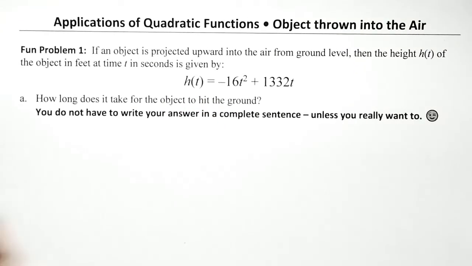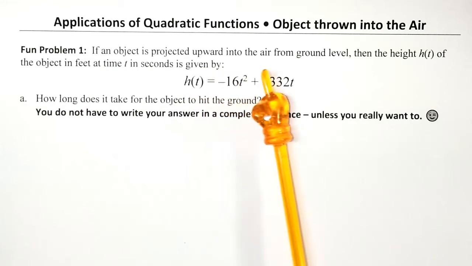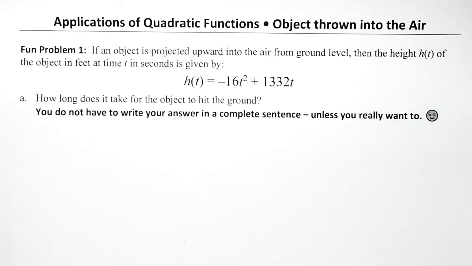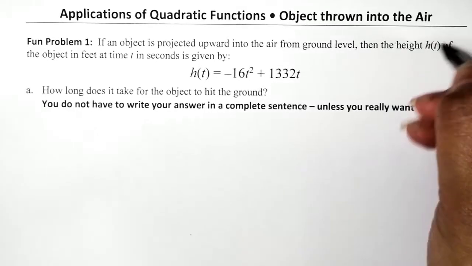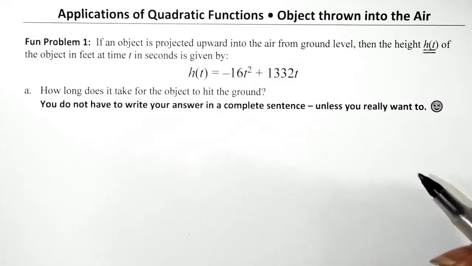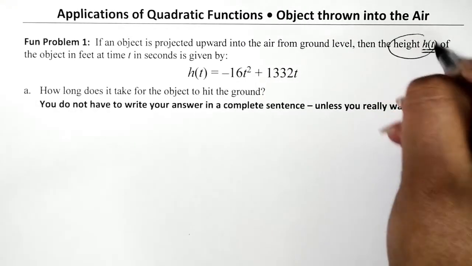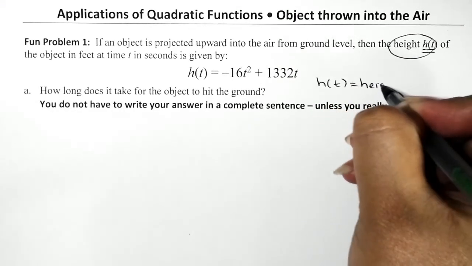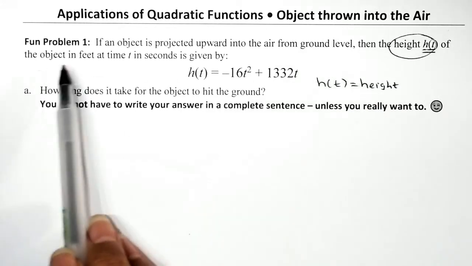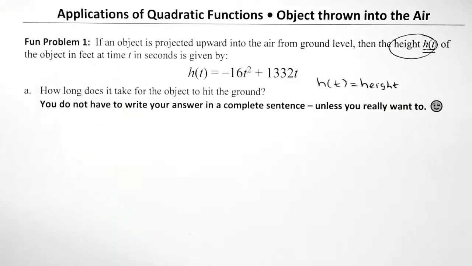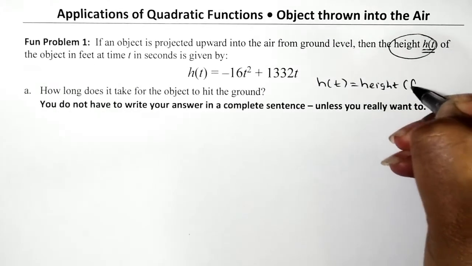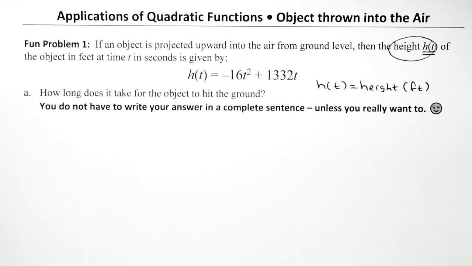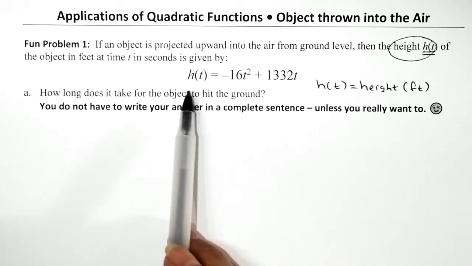So from the top, if an object is projected upward into the air from ground level, then the height h of t, I'm going to stop right there. Now they're telling me what function h represents. So h of t represents height. Height of what? Height of the object in feet. So it's the height of the object and the units are in terms of feet. Cool. Thanks to our detective skills, or our reading skills, we know what the function h